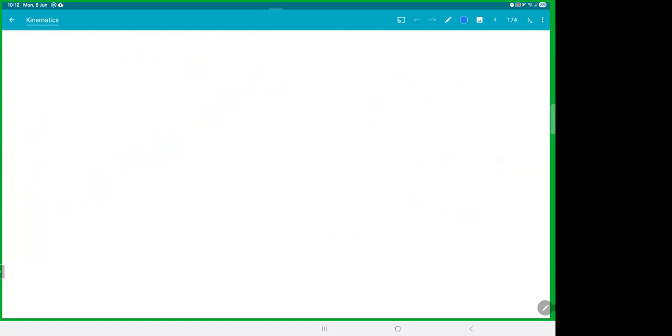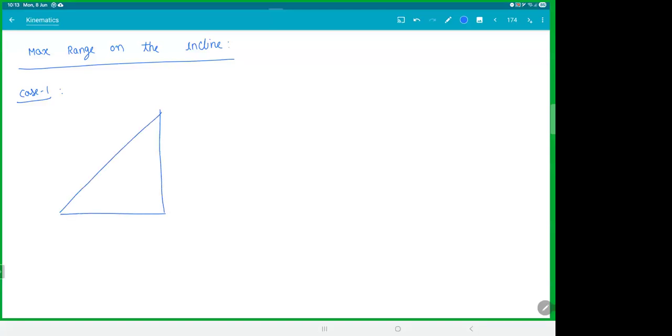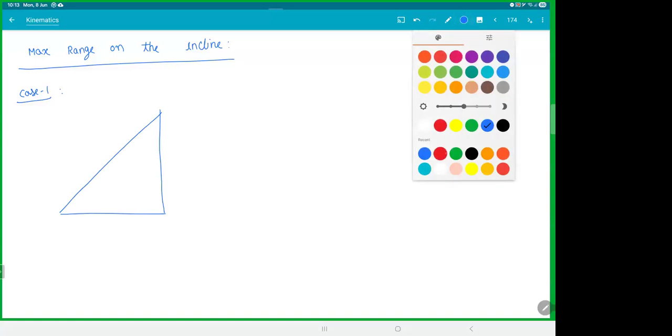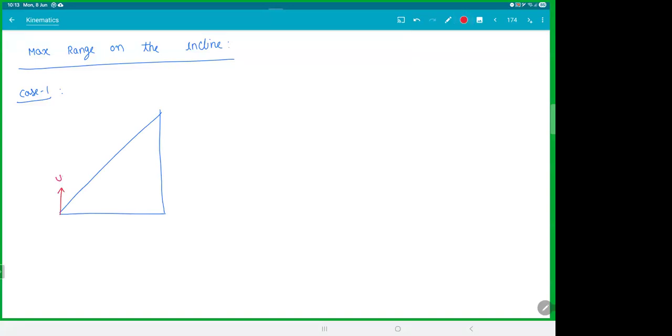And for the maximum range, these things, you better remember them. You will not be able to derive them in the exam. It takes time. So for the maximum range on the incline, we have two cases here. Case one, let's say you throw it from the bottom. You're throwing with u, theta, and alpha. And when this thing goes and falls here,